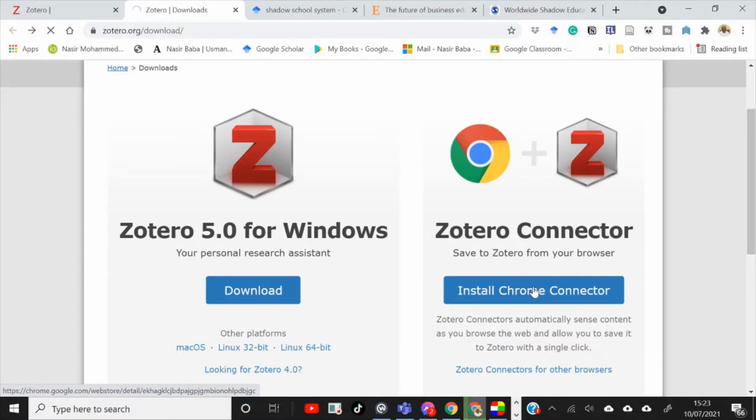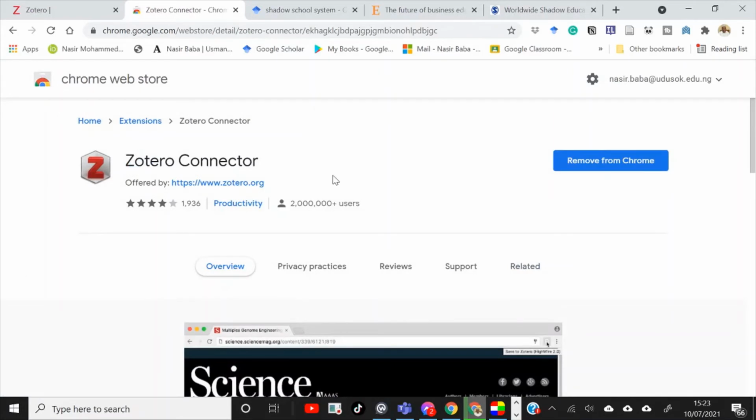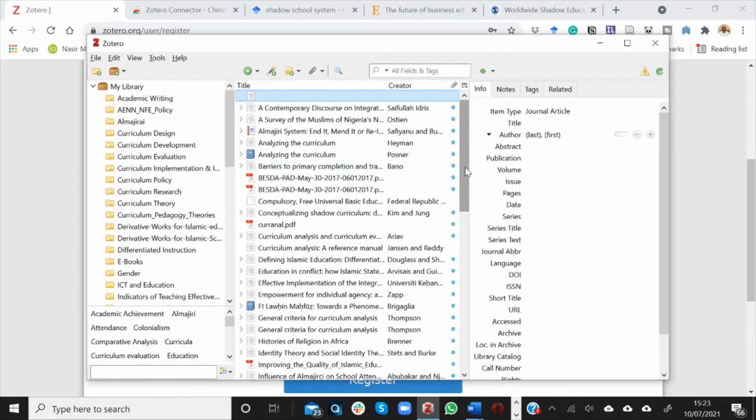This will enable you to add sources to your Zotero library right from your browser. In most cases, Zotero will automatically extract the bibliographical details of the source or sources that it saves. With setup done, start building a library collection in Zotero.